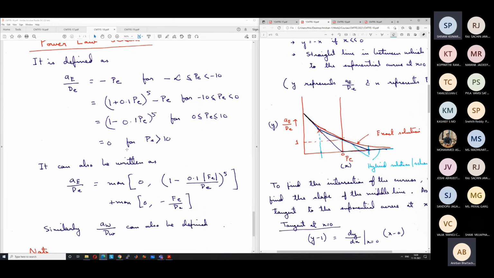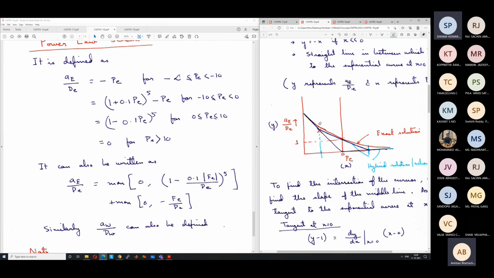So beyond 10, we know that the limiting case is 0. So it is going to be 0. You can draw these plots using any software. MATLAB is the easiest. You can draw in MATLAB or even in Excel, and you can try to compare with the exact solution, exponential. And you will find that the differences are very close. You cannot even see the differences manually between the two curves.